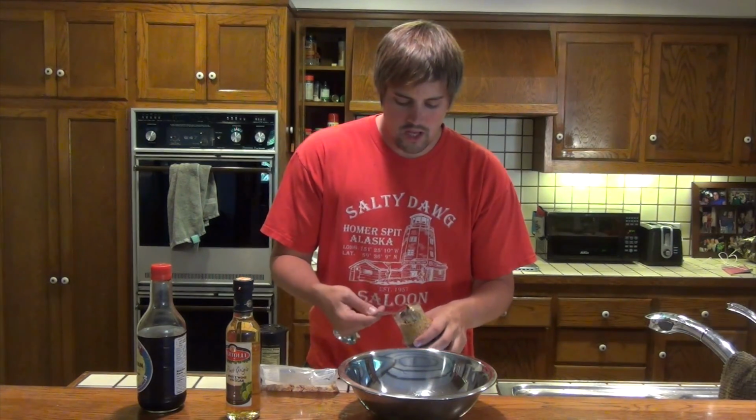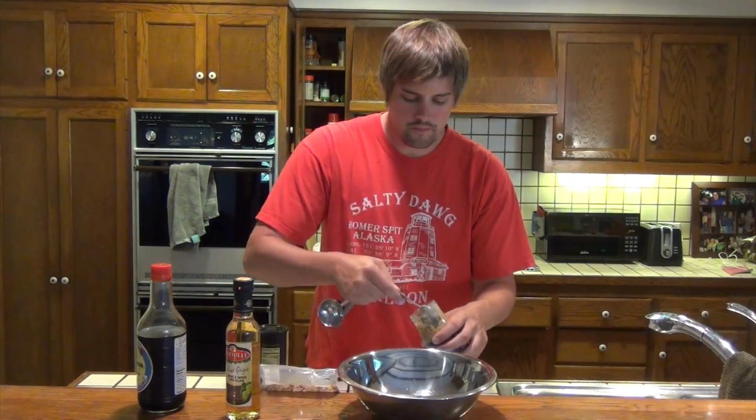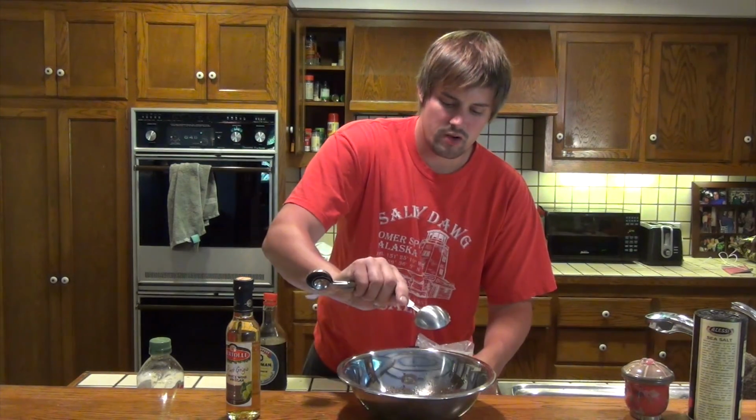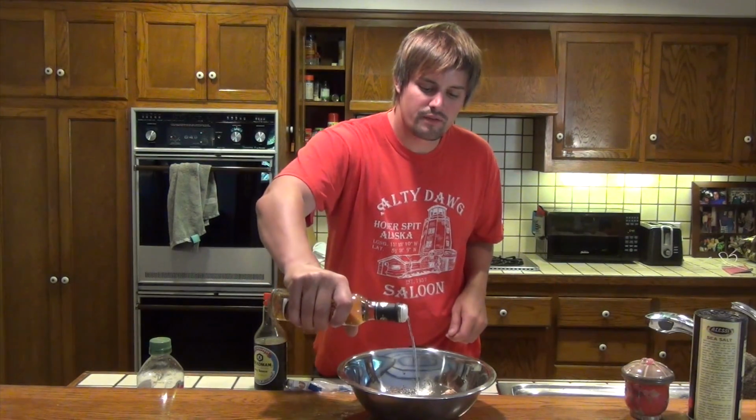I'm going to add 4 tablespoons of Dijon mustard, a quarter tablespoon of salt, a quarter tablespoon of pepper, a tablespoon of soy sauce, 3 tablespoons of brown sugar, and 1 teaspoon of rice vinegar. And I'll mix this together with a fork, and I'll set it aside until I'm ready to boil the glaze